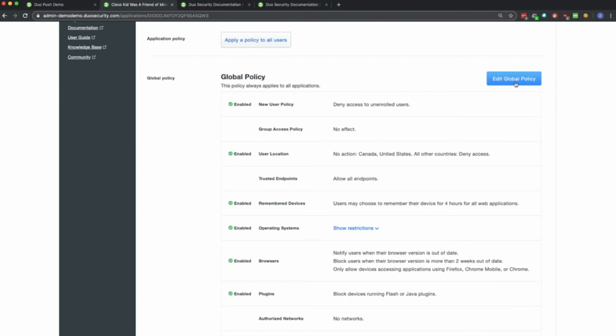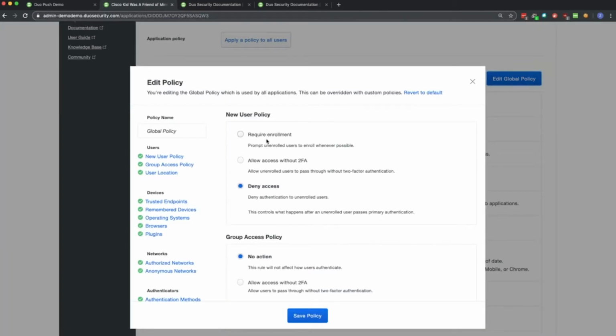You've got a couple of options here. You can deny, allow, or require enrollment. Require enrollment is the process that you saw during my live demo. As a new user going to log in for the first time after Duo has been enabled, it prompts me to enroll a device, but trusts me on first use, that's that TOFU philosophy, and allows me access on that first login using just my primary credentials so that I can enroll that device. Every time thereafter, I will have to use that device to log in.